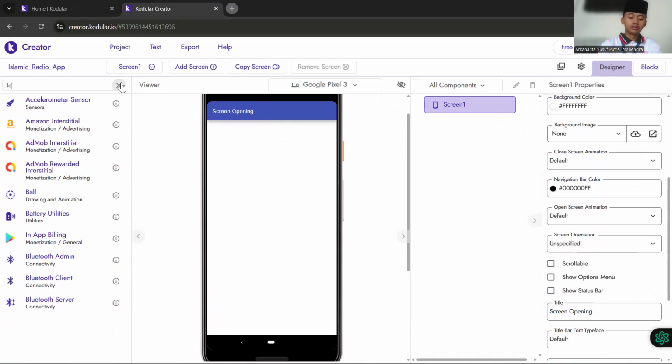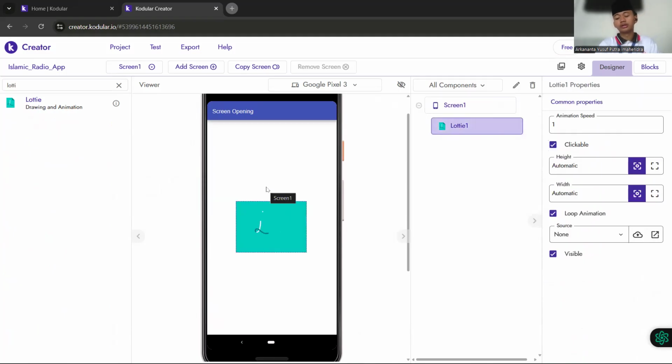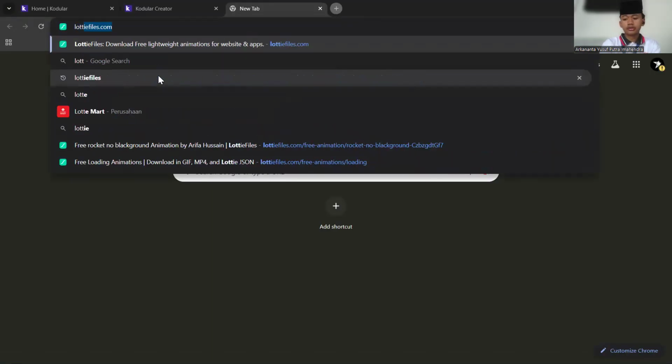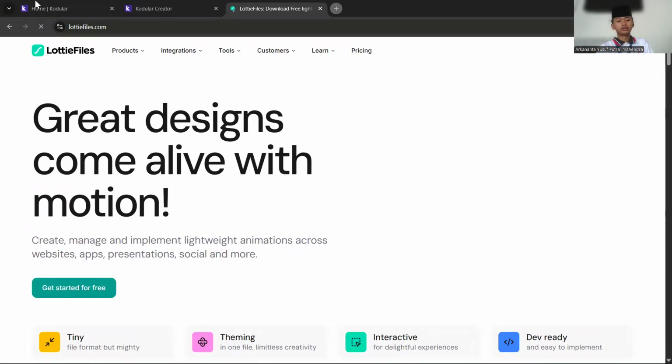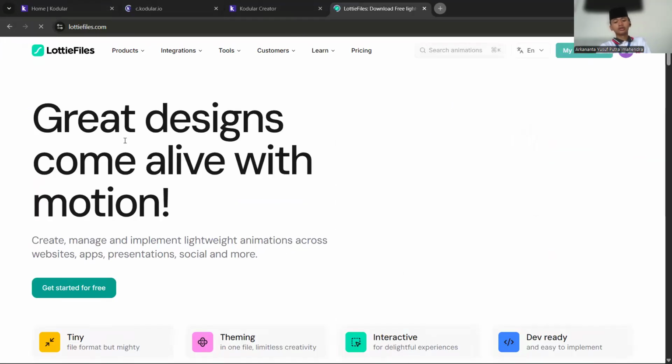The name is Lottie. So what is Lottie? Lottie is for loading or animation screens, like an animation for the opening screen. If you don't have an animation from Lottie, you can search by yourself at lottiefiles.com.